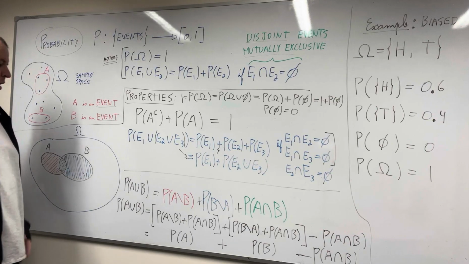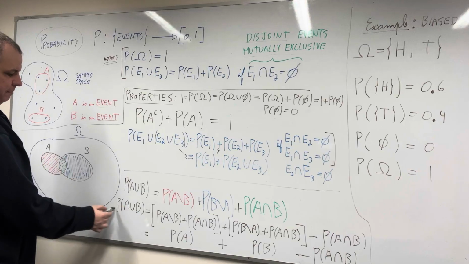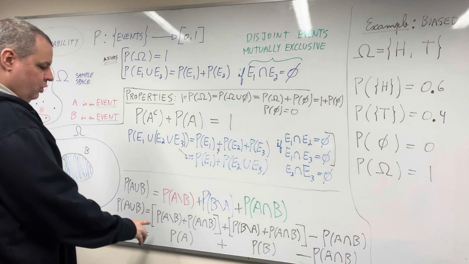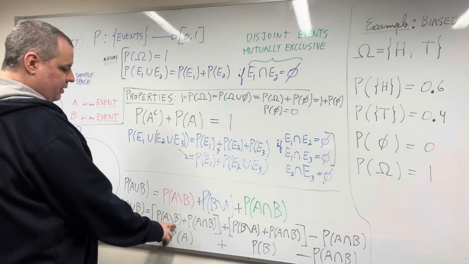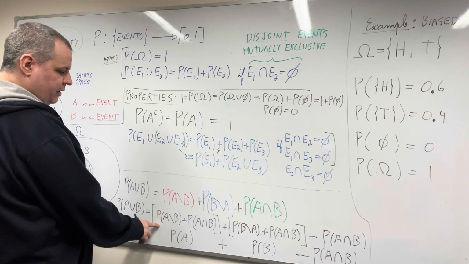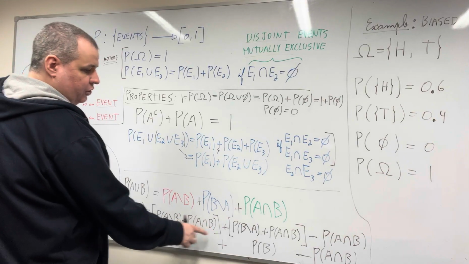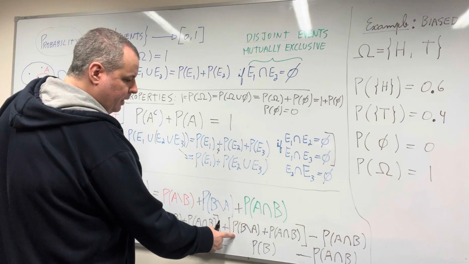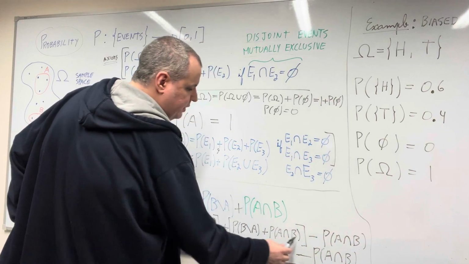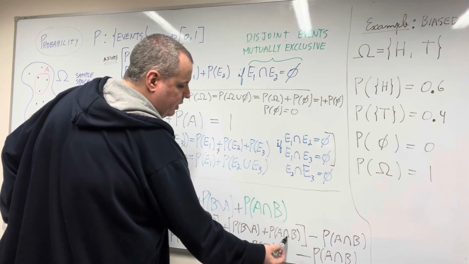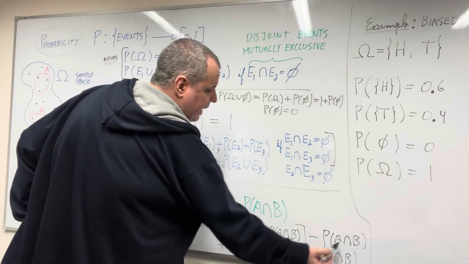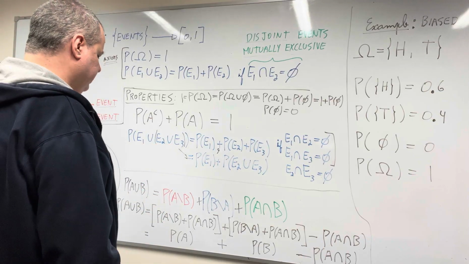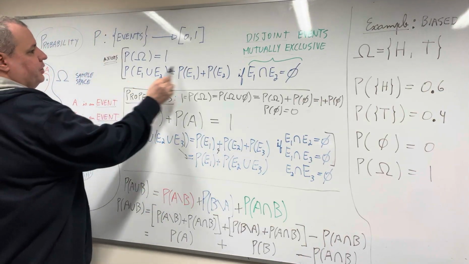Okay? Now, here I copy on my left-hand side. And what I do here is I write the probability of A minus B. This red is this bit here. I add the probability of the intersection, which is the green. Then I have this blue here. Then I add and subtract this term here, the probability of A intersection B, plus and minus itself. I add and subtract the same thing, so I'm not changing the equality. And now I apply this property here